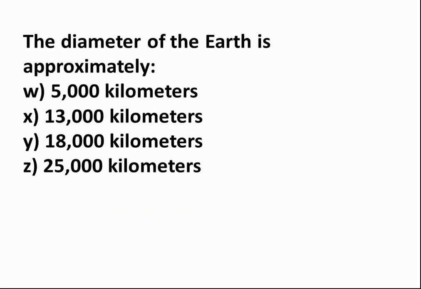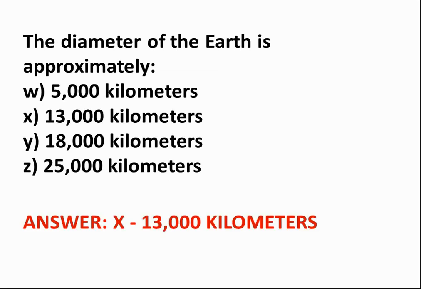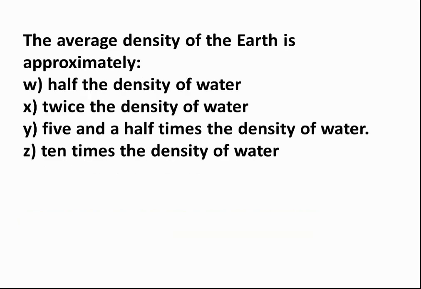The diameter of the Earth is approximately W. 5,000 kilometers. X. 13,000 kilometers. Y. 18,000 kilometers. Z. 25,000 kilometers. Answer: X. 13,000 kilometers. The average density of the Earth is approximately